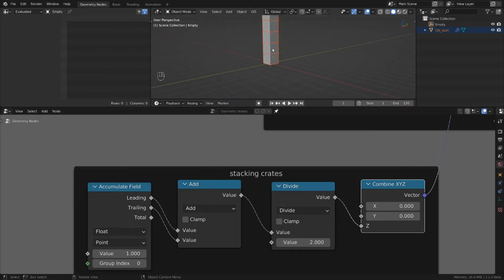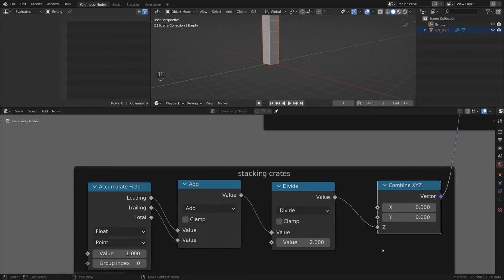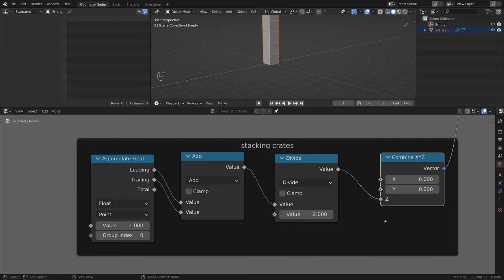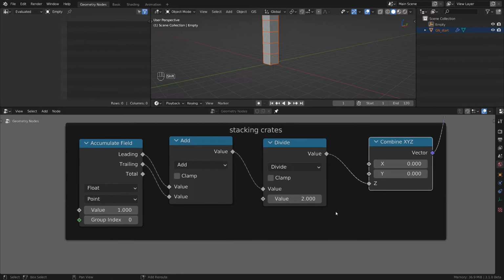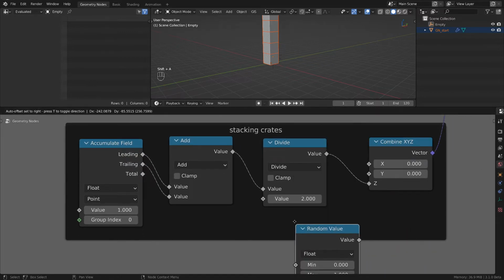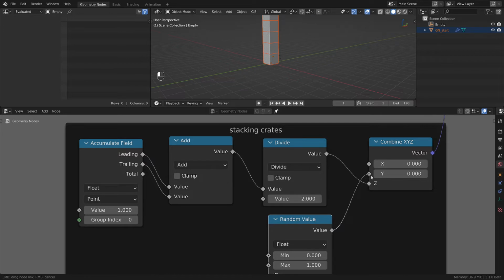So we can do different offsets for every single value that we have here. So let's do a random on this one. I'm gonna plug this one here and plug it here, and immediately you see the stack being offset,